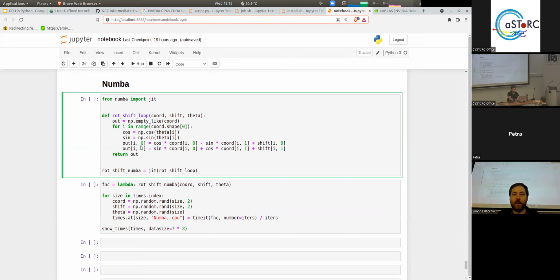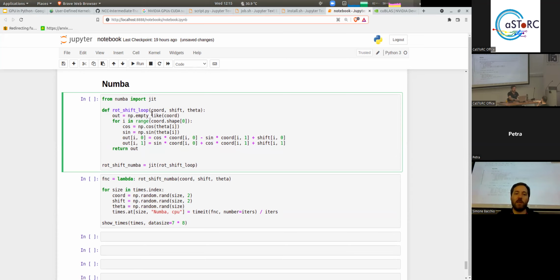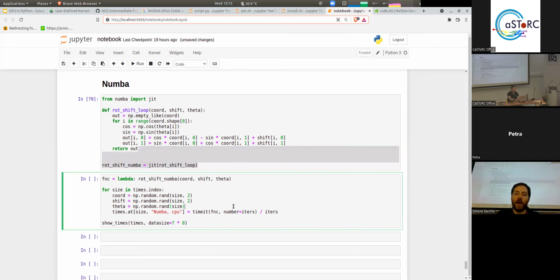Okay. This in Python will perform terribly, but you just say JIT this. I'm using it as a function, but you can use it as a decorator as well. Like this, it does the same thing, just that now this is going to be compiled. So you say JIT, you ask to compile the function, and it will compile it for you. And now if we run this kernel via Numba,